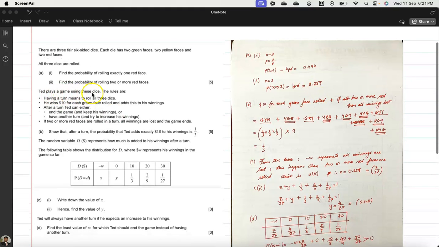Ted plays a game using these dice. The rules are, having a turn means rolling all 3 dice. You have to roll all 3 dice together. He wins $10 for each green face rolled and adds this to his winnings. After a turn, Ted can either end the game and keep his winnings, or have another turn and try to increase his winnings. If 2 or more red faces are rolled in a turn, all the winnings are lost and